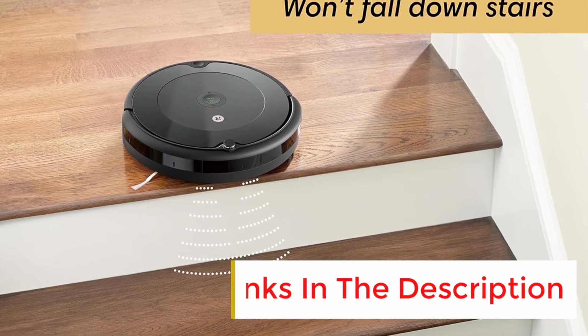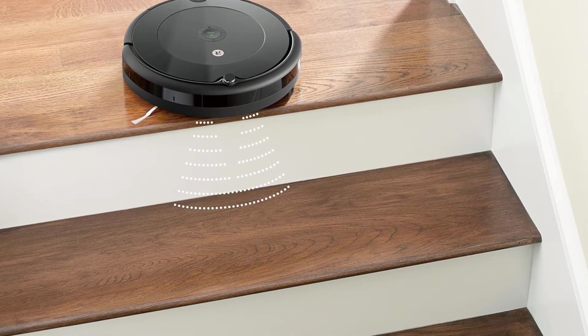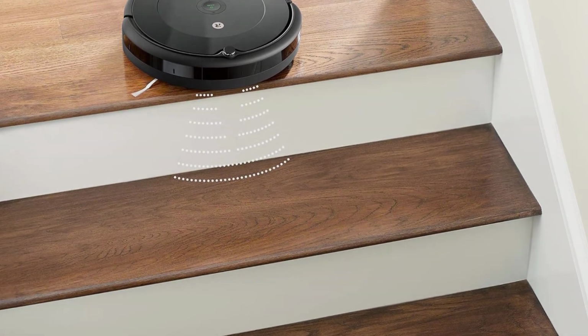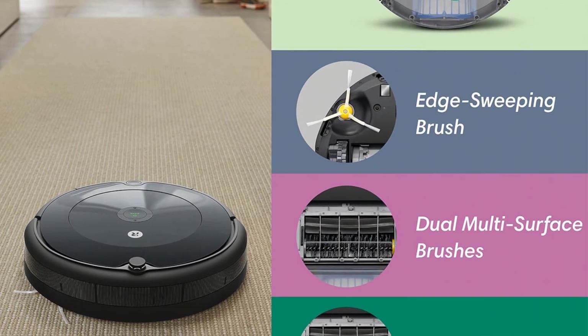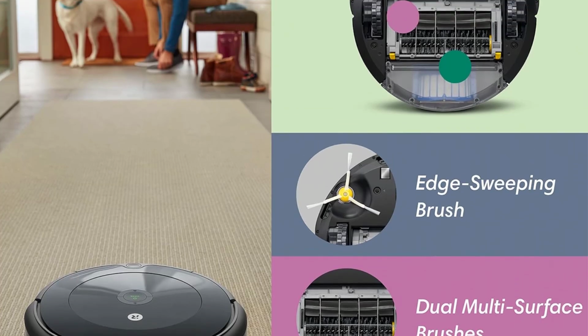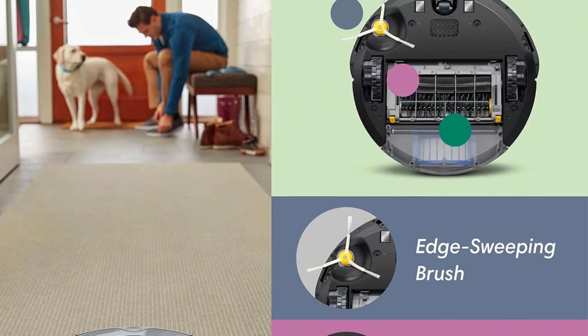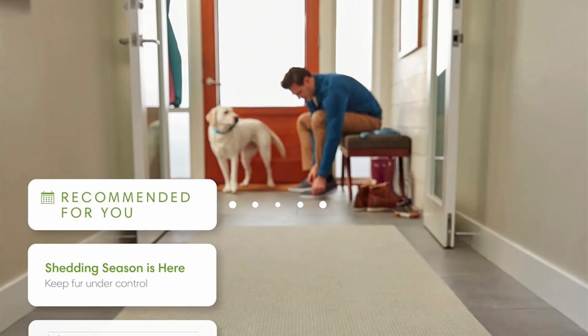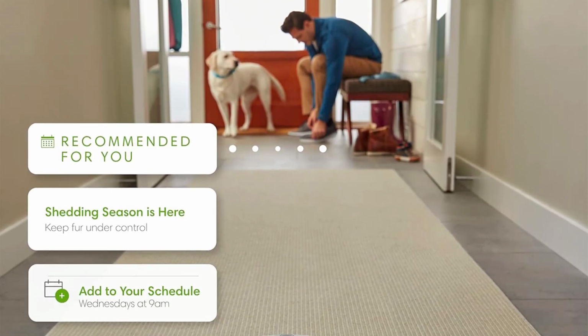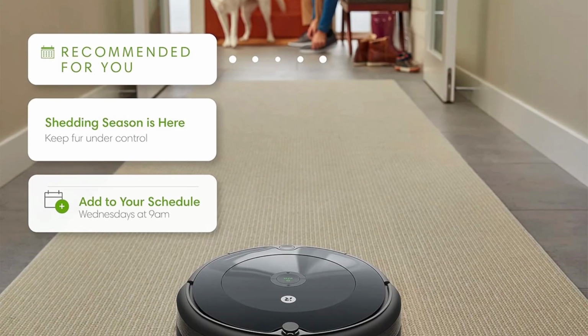It's also slightly louder than some other models, so plan to turn up your TV's volume or move your conversation into another room when it's running. The app is easy to use for the initial setup, with step-by-step guidance that's so thorough we didn't need the instruction manual. You can also schedule cleaning sessions with the app and run it while you're away, or set up voice controls with Alexa or Google Assistant and give it the command to start while your hands are full at